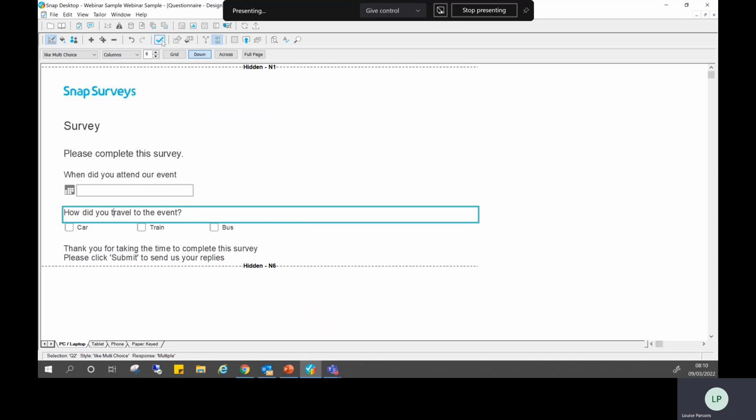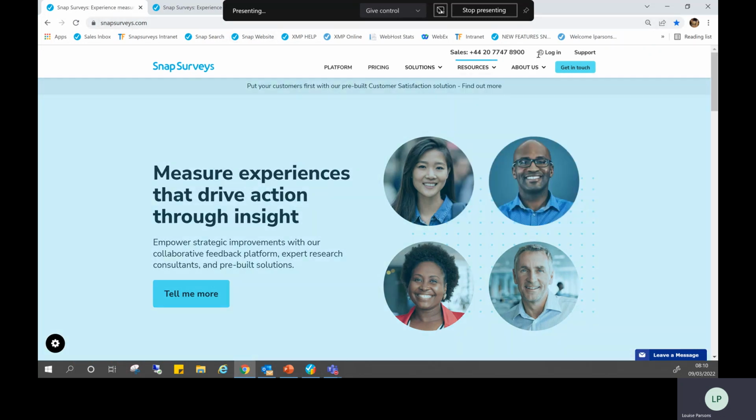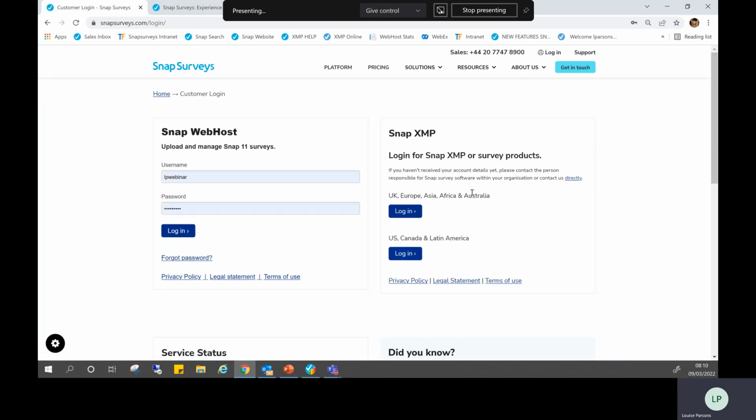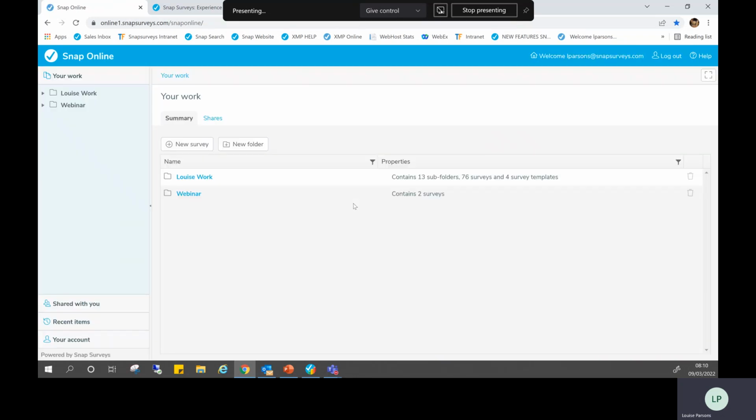At this point, I can save the survey and upload any changes. And this is where I will log into our online account and we'll see if they're there. Fingers crossed. So from our website, you go to login and you log in on this right-hand side, depending on which country you're in. I'm in the UK, so I'm going to select that login. It'll ask you for your email address and password. And as I said previously, the email address is the account identifier, which helps with sharing and collaboration, which we'll have a look at later on.